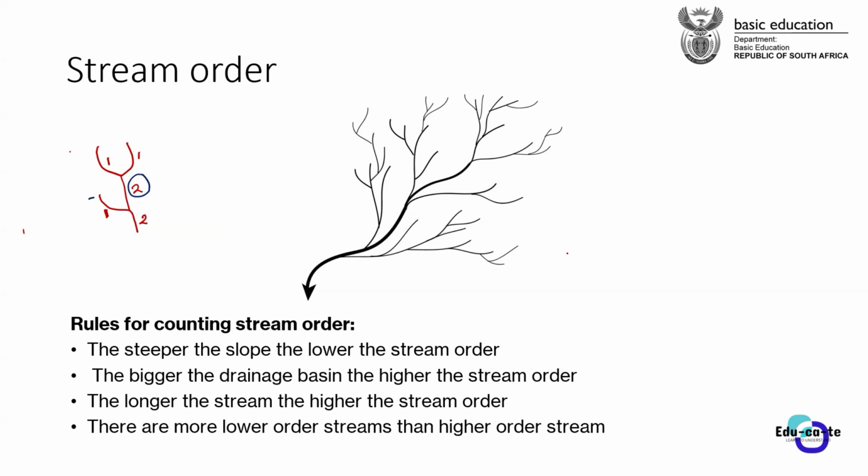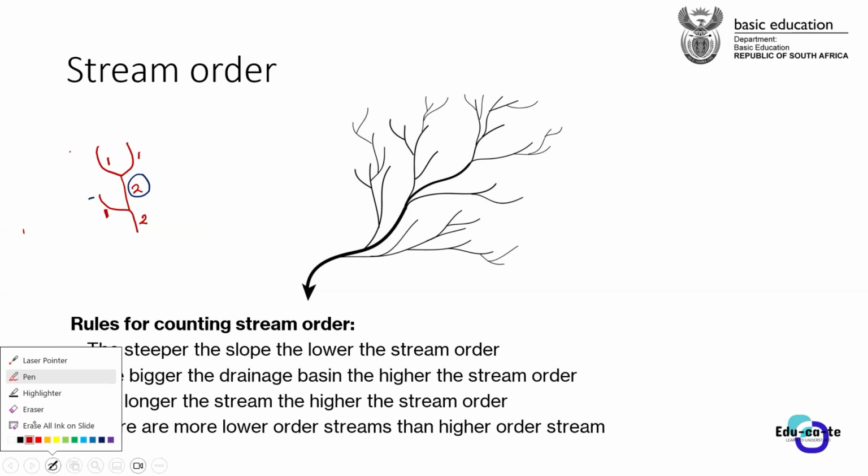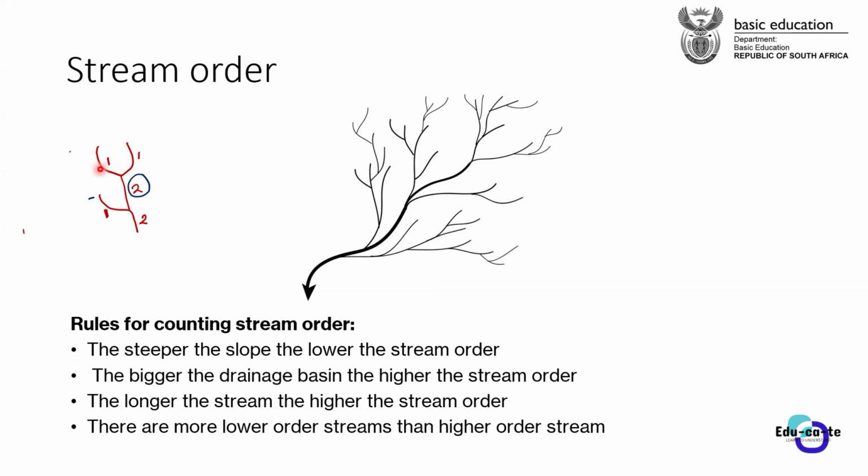But if we are combining 2 different orders of streams, for example, here, remember we started with only first order streams, right? When you say first order streams, it simply means that these are streams that are independent. They are not feeding from other streams. It's just water that's flowing on its own. It's not collecting from another stream. Those are first order streams.